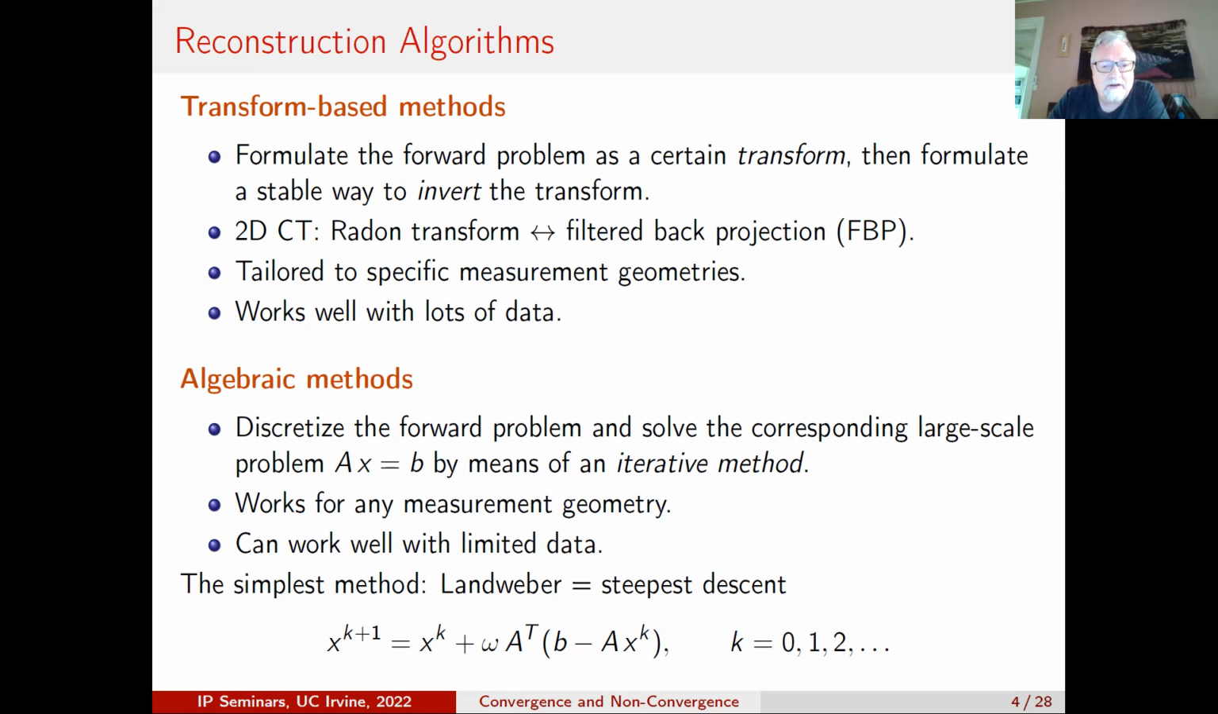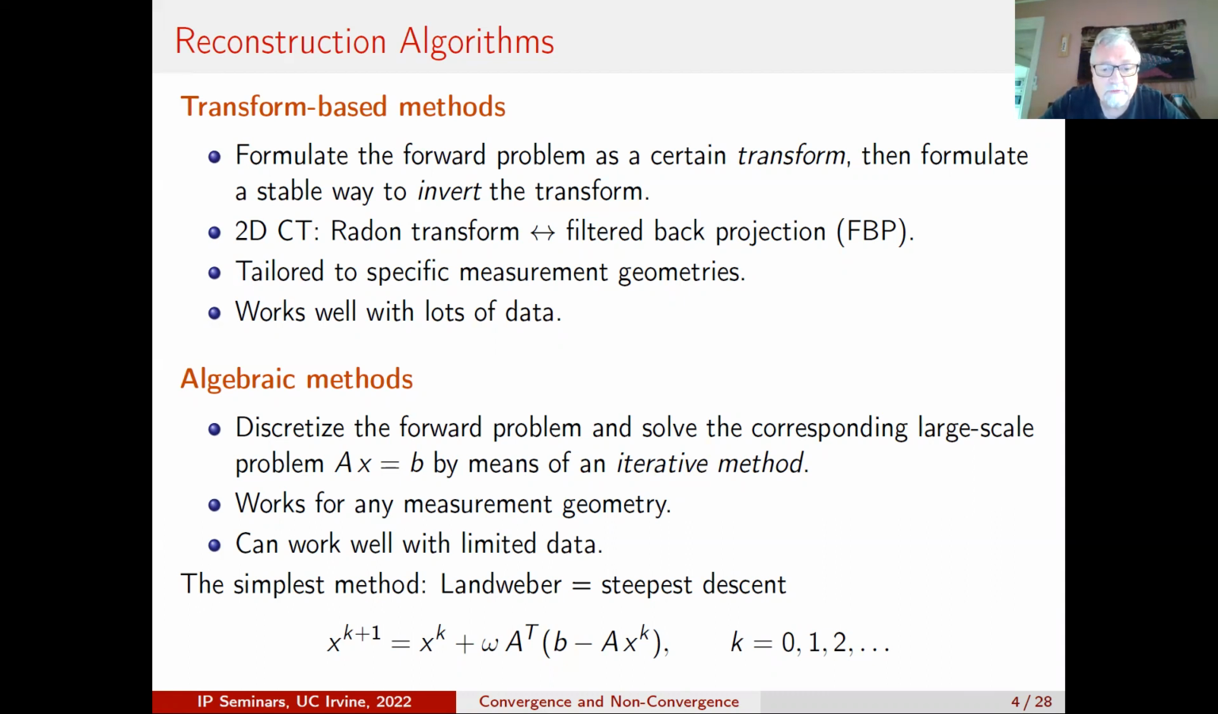And in particular, it seems to work quite well if you have limited data for various reasons. Maybe you're not able to measure, doing measurements all the way around the object. Okay, so this has its advantages, but then we have to think about how to deal with an iterative method